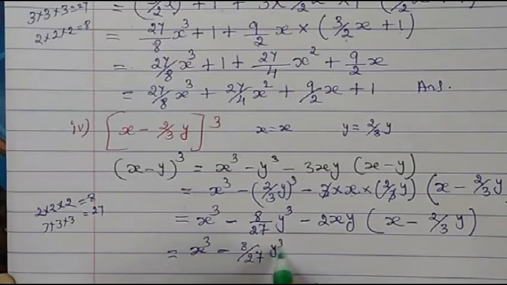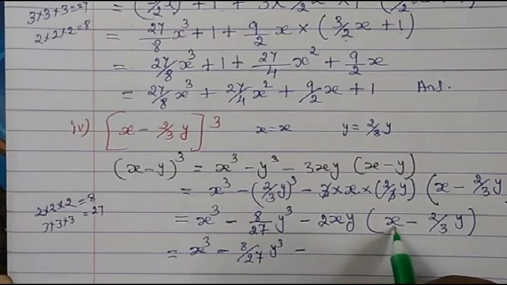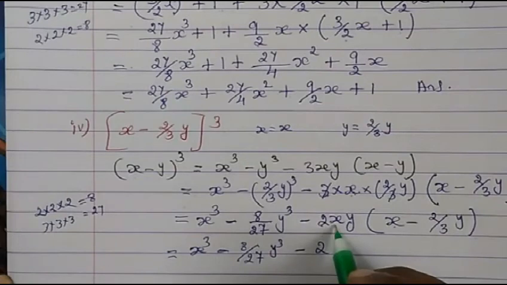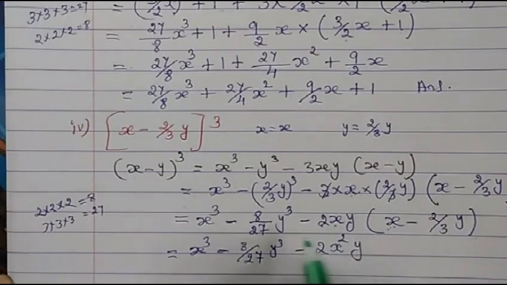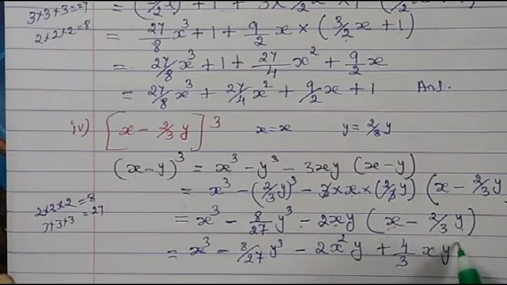So now x cube minus 8 upon 27 y cube minus, now with 2x, here no number, we have only 2 here, so let's write down 2. Now x into x will become x square, y is not here, so we'll write as it is y. Now minus into minus will become plus, then 2, here we have 2 upon 3. So now 2 2s will become 4 upon 3. Now we have x here, so let's write down x. y into y will become y square.